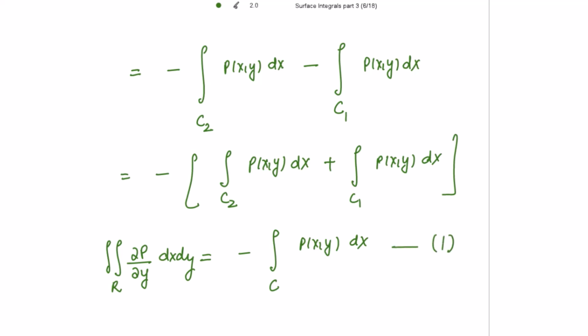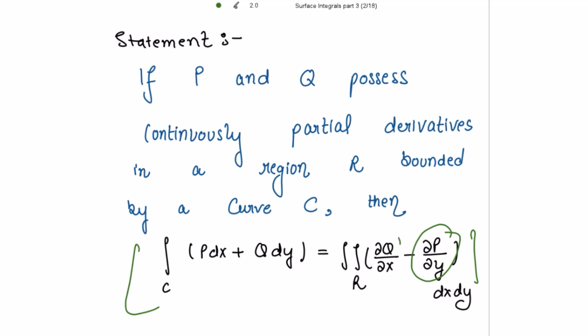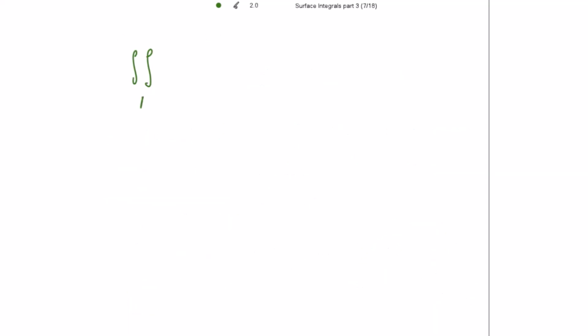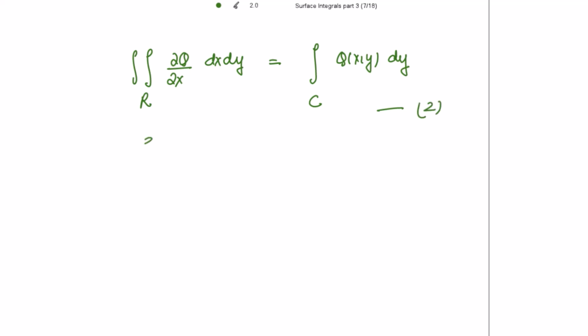Similarly, we can get the result for the other part: the double integration over the region R, partial derivative of Q with respect to x, dx dy, is equal to the line integral over the boundary C, Q(x,y) dy, and marking this as 2. So from 1 and 2, if I subtract 1 from 2,